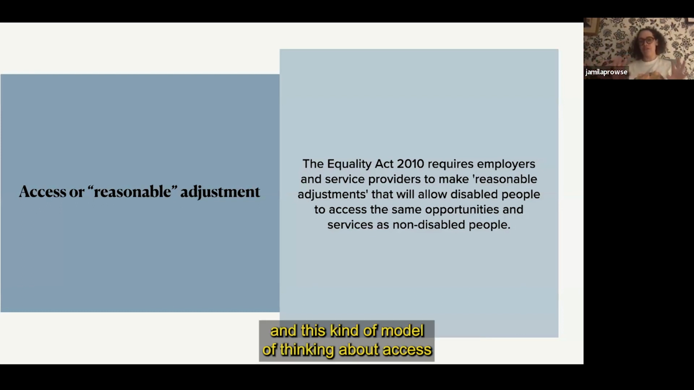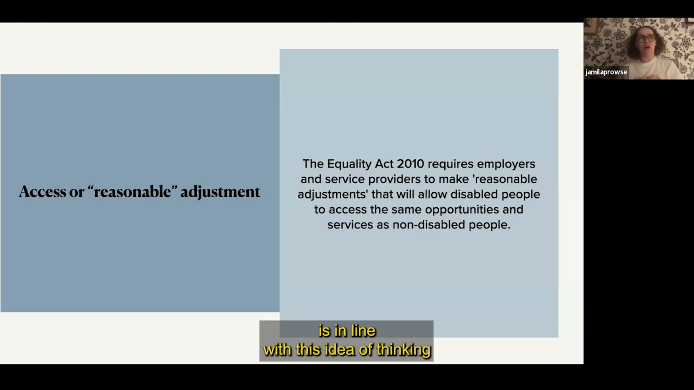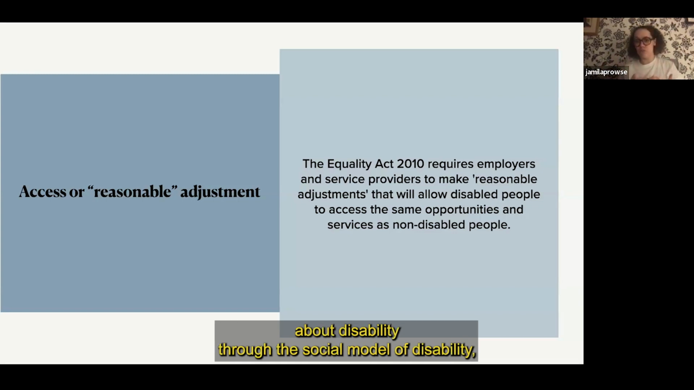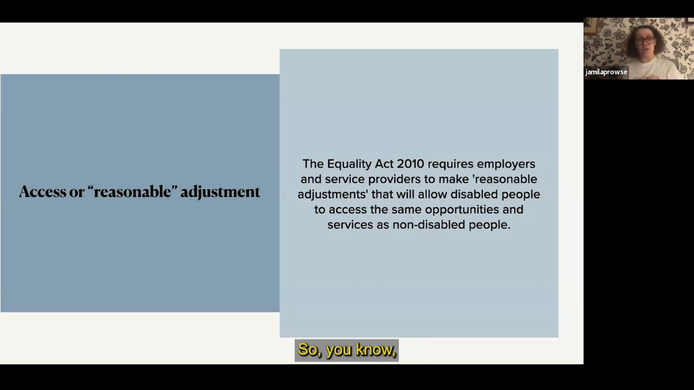And this kind of model of thinking about access, or the fact that we describe it as a reasonable adjustment, something that is reasonable to ask for, to advocate for, is also in line with this idea of thinking about disability through the social model of disability. The social model of disability is a framework for thinking about disability, which basically says that a person is disabled because of physical and attitudinal barriers in society, as opposed to their disability. So, you know,